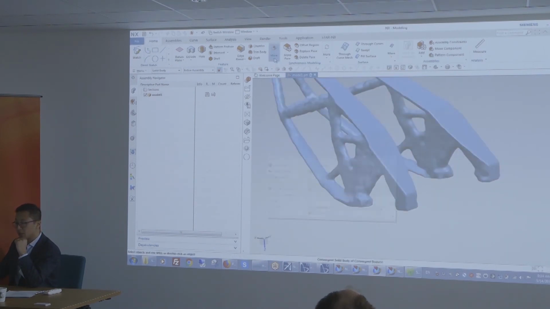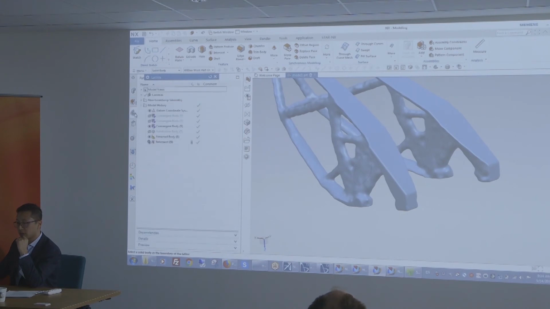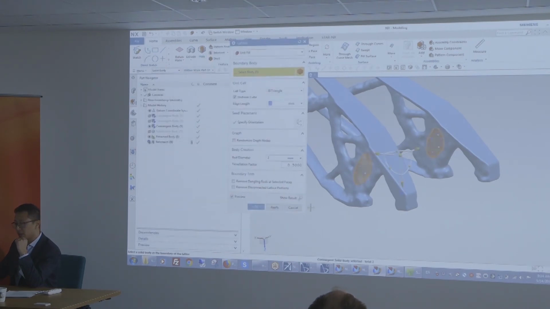And then what I can do is create lattice mesh in those areas. I can take that zone here and create different kinds of lattices that are suitable for lightweighting parts. They are typical in the additive manufacturing industry.